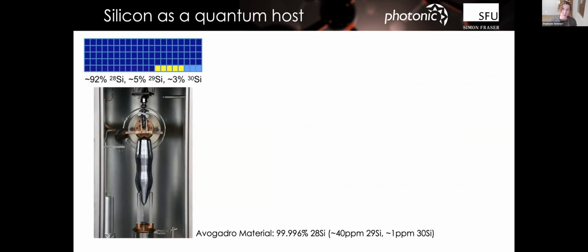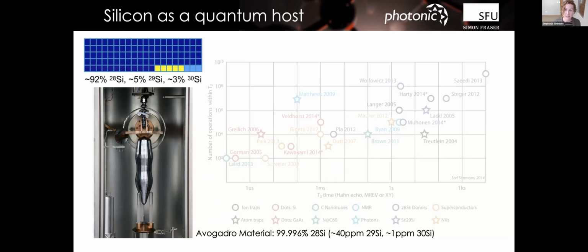Now, silicon is also really the quantum host of choice, for a few different reasons. From a spin lifetime perspective, it set early records in this area. We can make silicon more pure than almost any other solid state material. This is from the Avogadro project, where it was so pure that it's the material of choice to redefine the kilogram. The kilogram is now defined according to a number of silicon-28 atoms. The program to make that material had the advantage of getting rid of the silicon-29 spins, so it made this kind of spin zero environment, which allowed us to set all kinds of records.